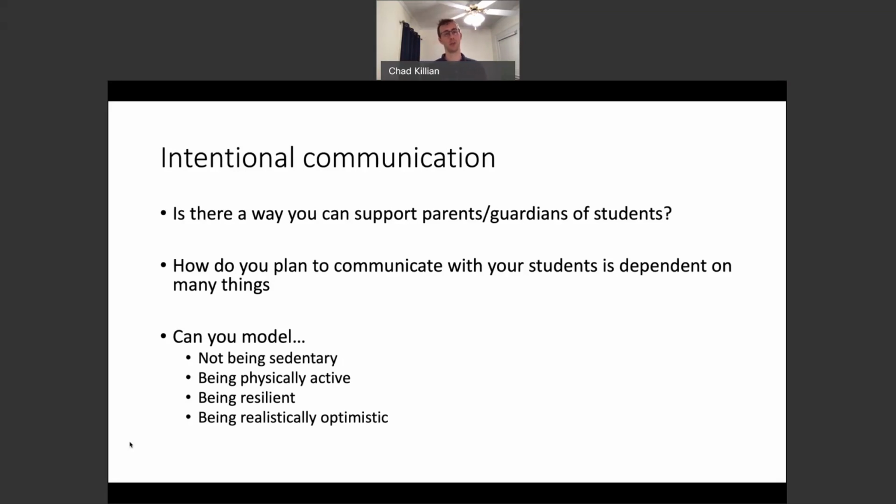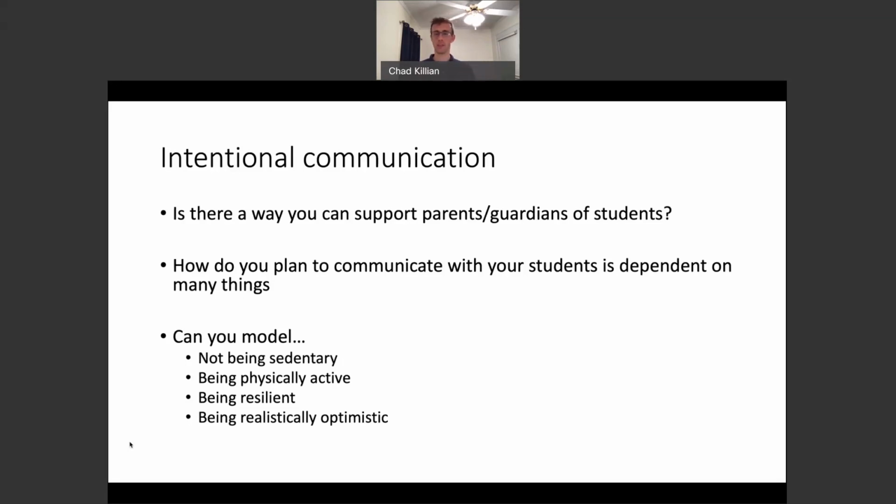And so how you plan to communicate with students is dependent on a lot of things. What your relationship with them is, what your relationship in the community is, what your role is, what tools you have. If you have the capacity to have a synchronous, real time interaction, is that something reasonable? Can you open up a private YouTube and give your students access and shoot some videos and communicate through there? Do you have a public Twitter where your students follow you? All those are ways to communicate and model, which is the next thing.